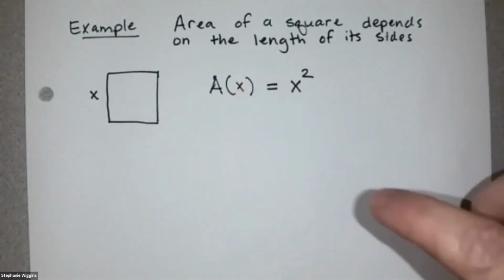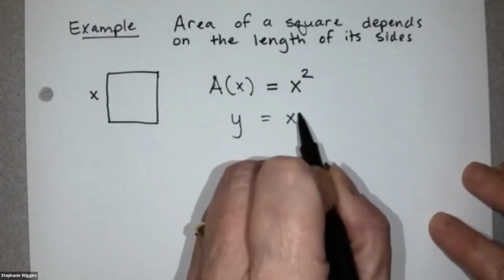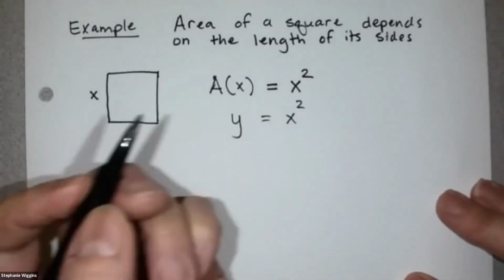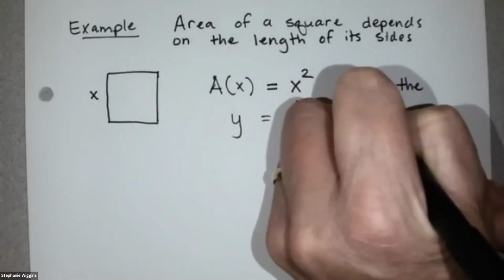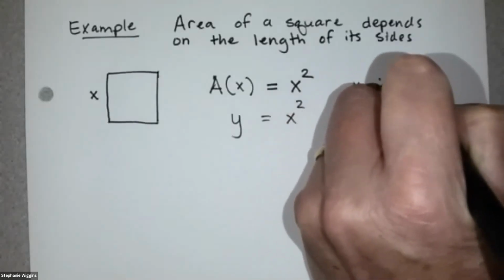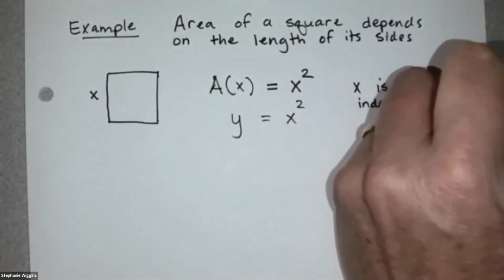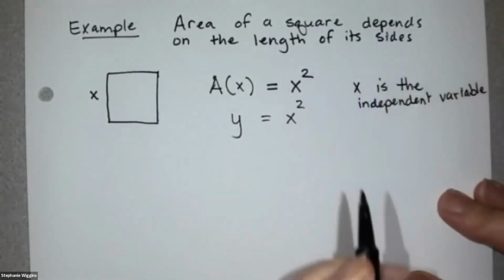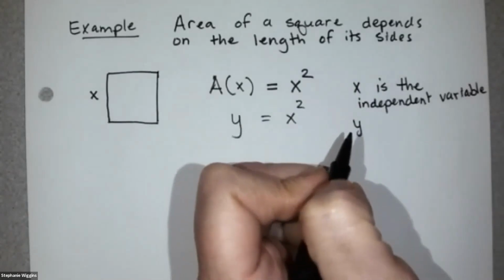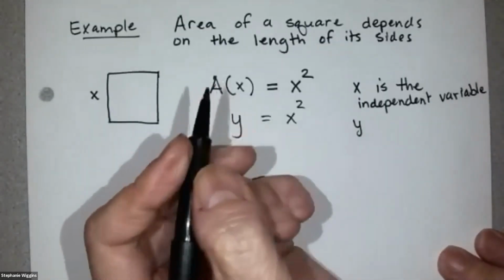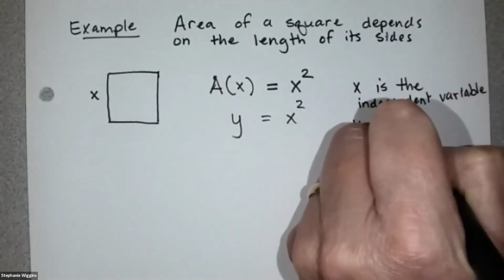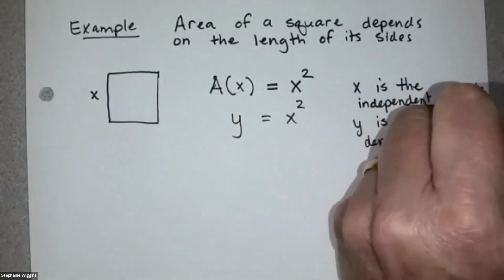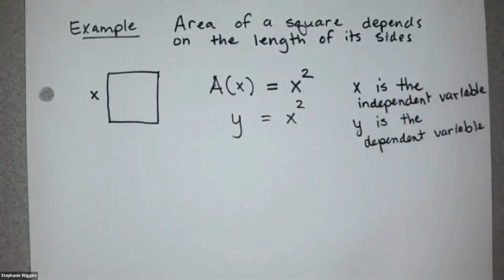And this is function notation. We can think of this as y equals x squared. So x is the independent variable. Is that kind of blurry? Let me see. y is the dependent variable. Okay. And if I graph this,